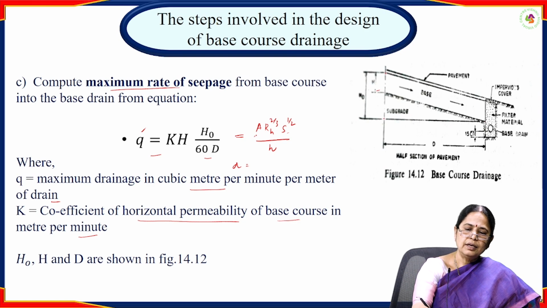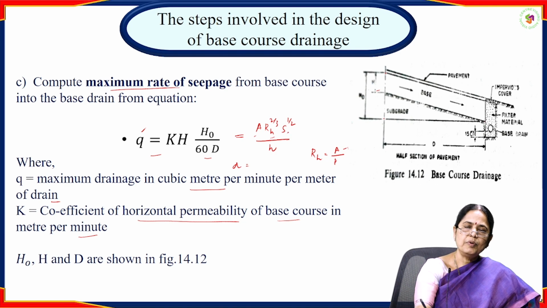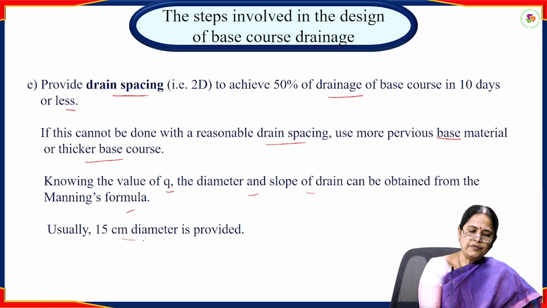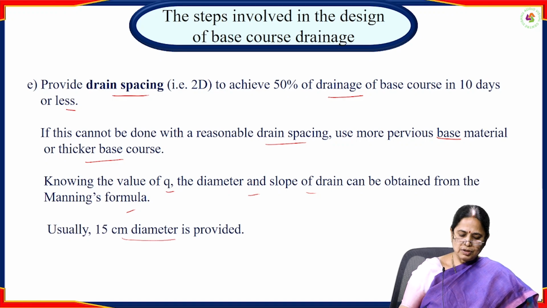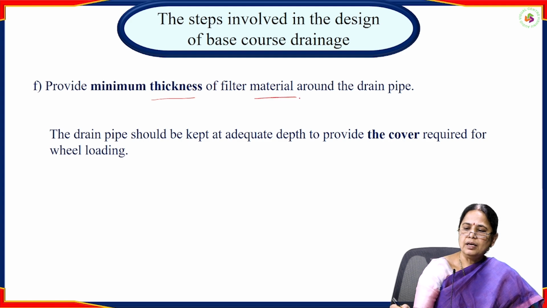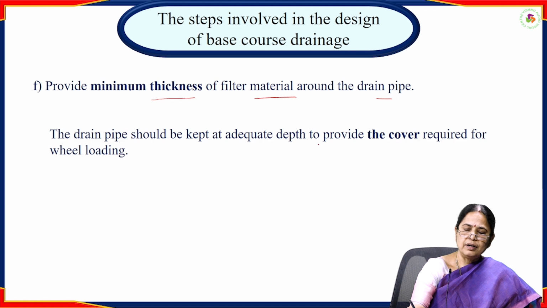Here A is the area of the pipe, RH is the hydraulic radius, that is hydraulic radius is equal to A by P, where P is the wetted perimeter, S is the slope of the ground or gradient, and N is the coefficient of roughness. Usually a 15 centimeter diameter is provided. So, provide the minimum thickness of filter material around the drain pipe. The cover should also be provided for